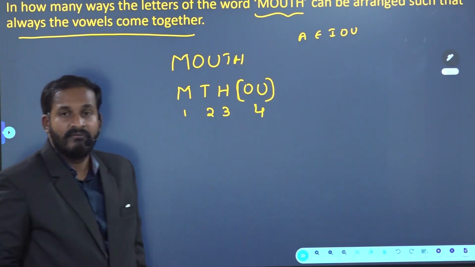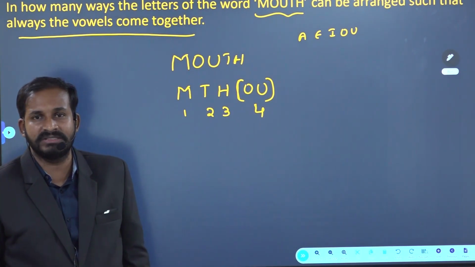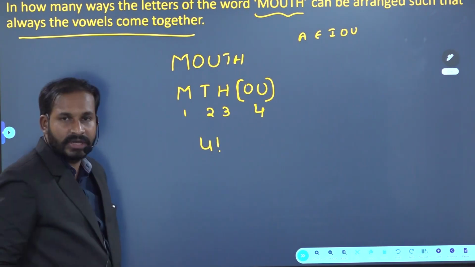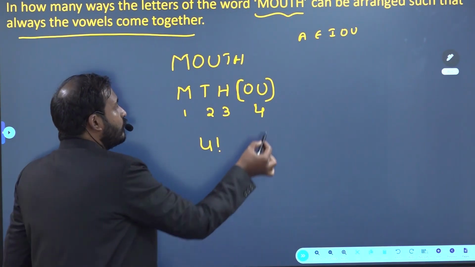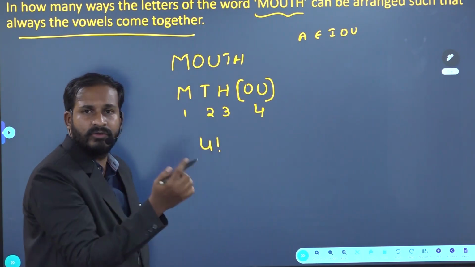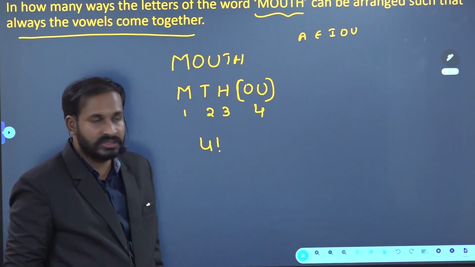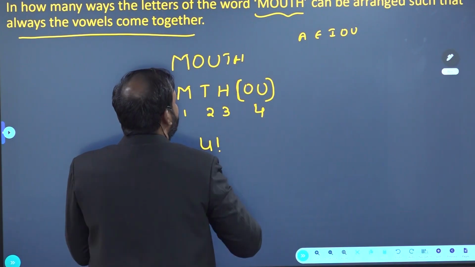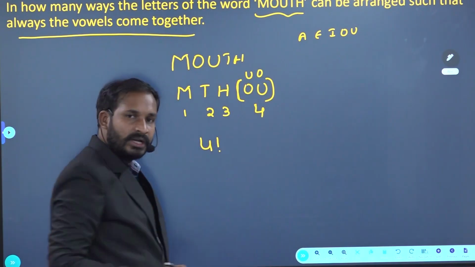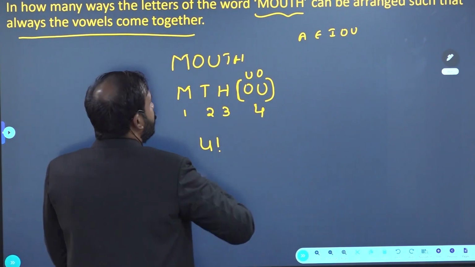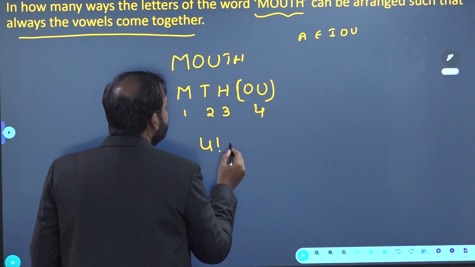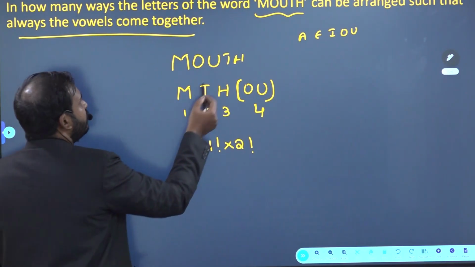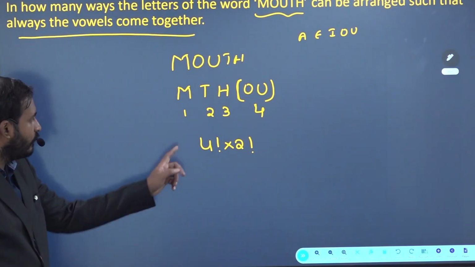4 letters are there. 4 letters can be arranged in how many different ways? Just now we have seen 4 letters can be arranged in 4 factorial ways. Okay, good. And come to this O and U. Why should it be like O and U? It can also be like U and O. UO also can be written, right? Why only O and U? So this U and O can be arranged internally in how many ways? In 2 factorial ways. Okay, so the letters of the word mouth can be arranged in 4 factorial into 2